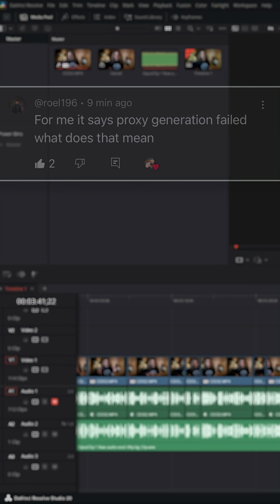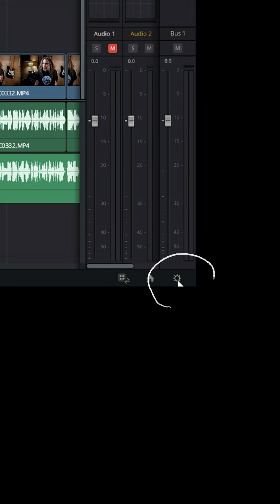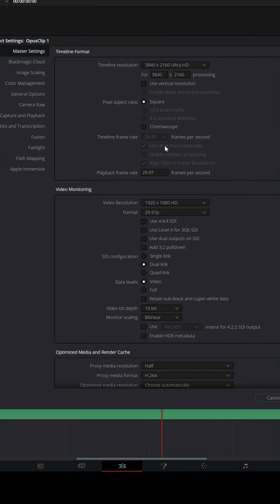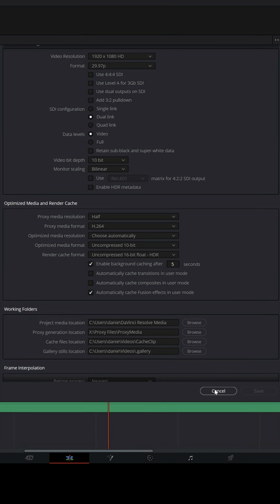Well, as a lot of you know, I always recommend using proxy media if you're having any kind of performance issues with DaVinci Resolve. You can open up your project settings, and under the master settings, you can scroll down and you can decide the resolution that you want your proxies to be made at. You can decide the file format, but even if you set it at half, an H.264, you can immediately see